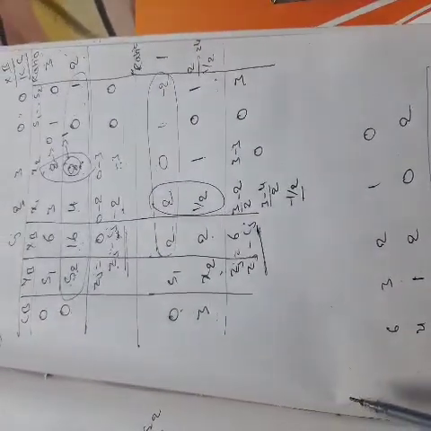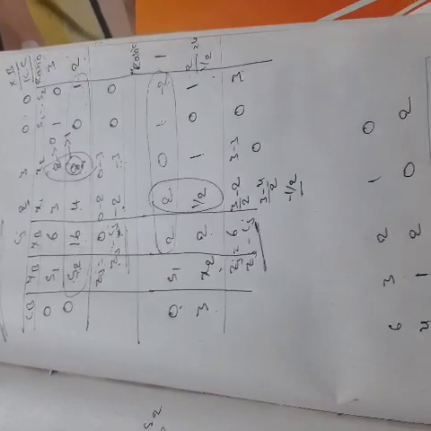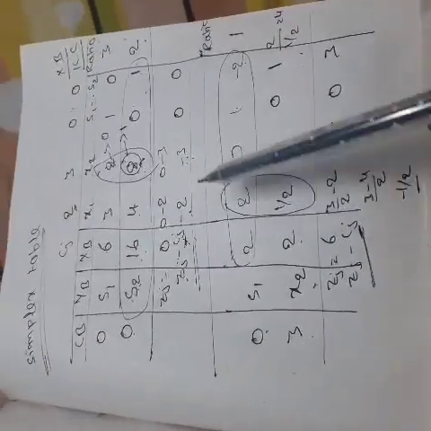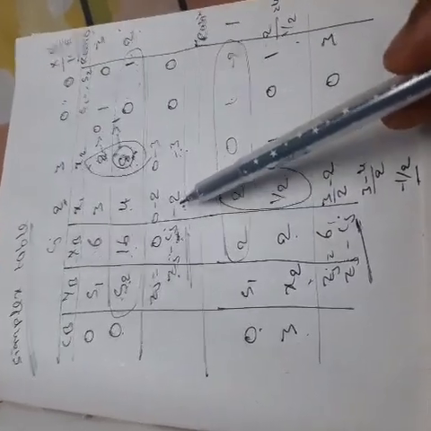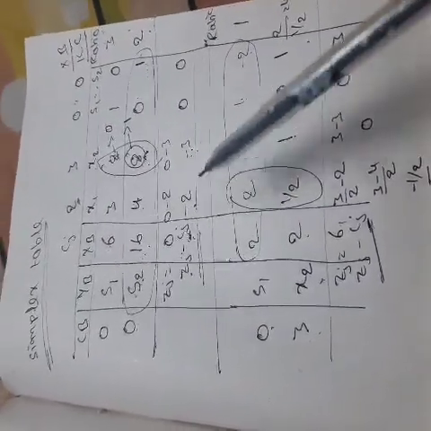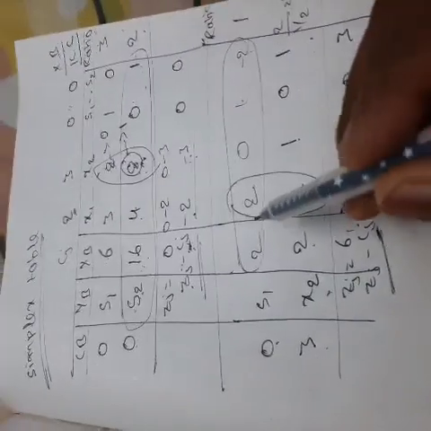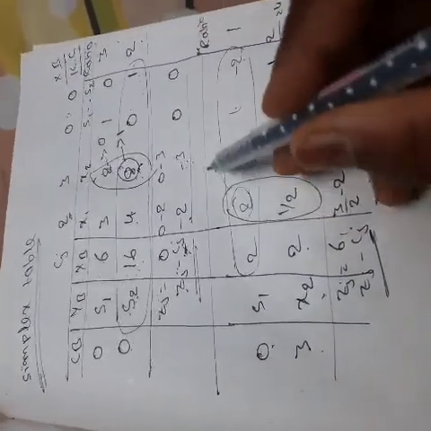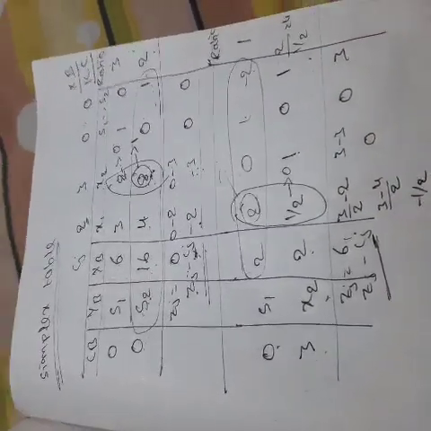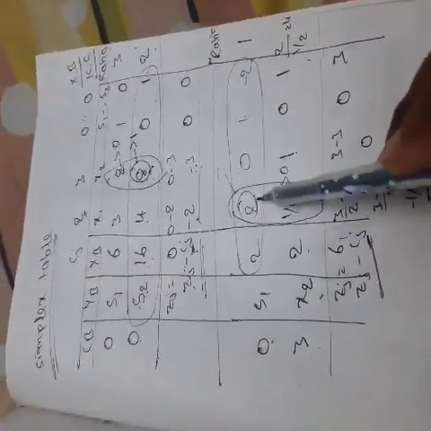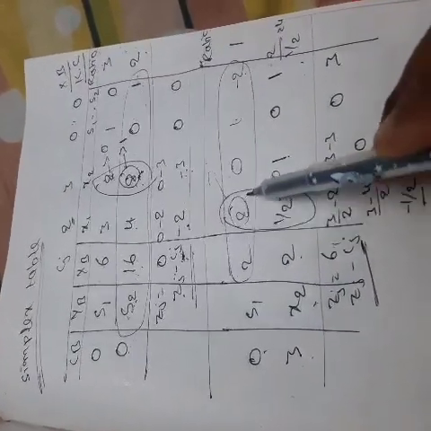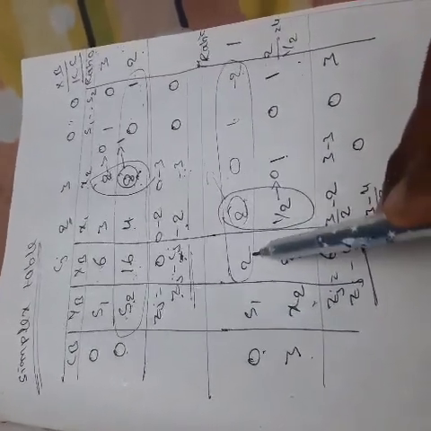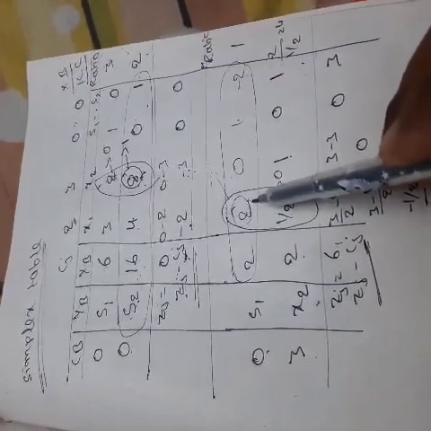So mark that row, the entire row, and then you have to calculate. Now you have to repeat the same procedure which we followed in the previous table. Same concept: you have to make this key element 1 and the remaining elements 0. The value here is 2, so in order to make it 1, divide the entire row by the same number. Here the first value is 2, and the number is 2.